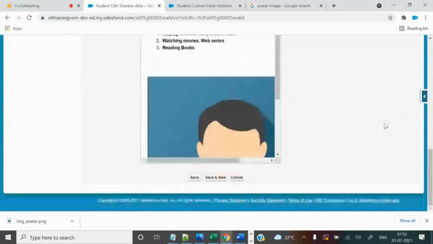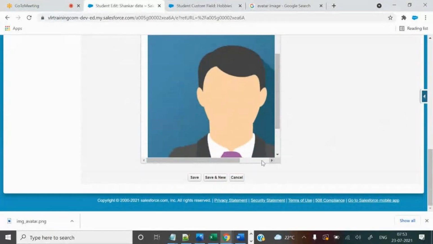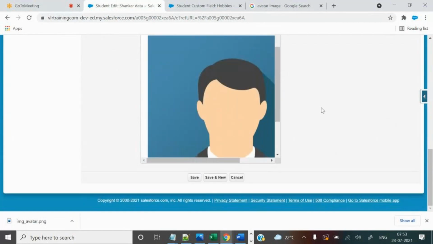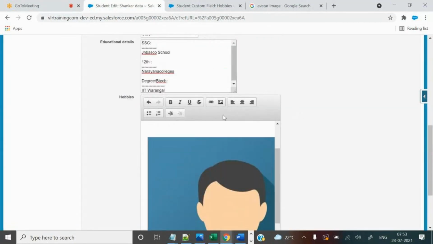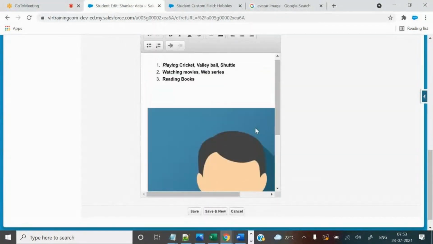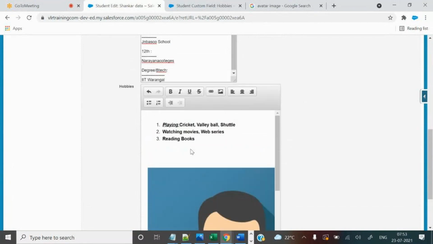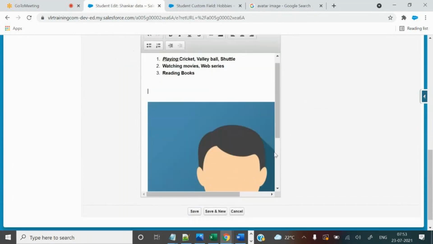Okay, now you can see it is loaded just now, it took time to load. So this is the image. You can just reduce the size of the image in your local system. This image I have selected from my local system, guys. This is the image of the student, think in that way. So they can store the student image, passport size image also, over here. But the size is very big, and you can reduce the size in your local